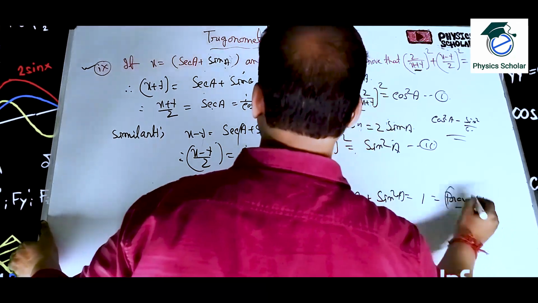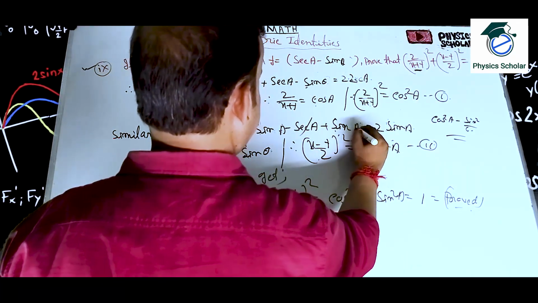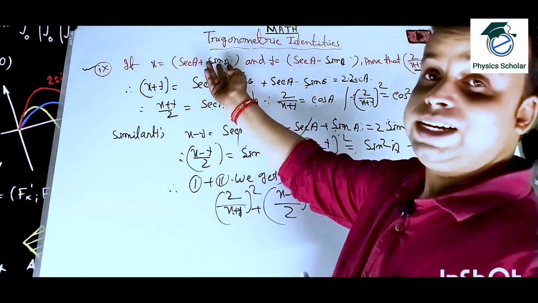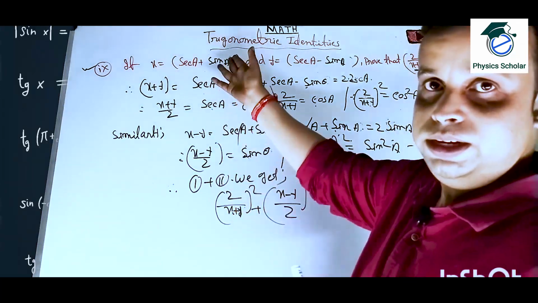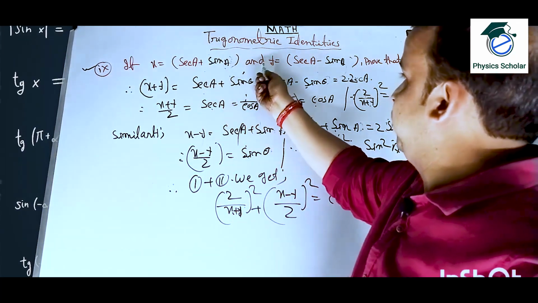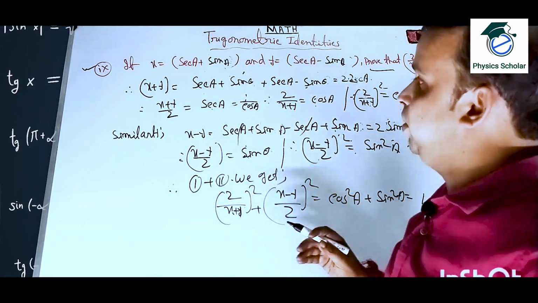So it is very easy sums. While copying on the board from the books, I made a mistake. I have written it tan theta. Clear? So it will be sin A. So what is the problem? Actually it was, see, x is equal to sec A plus sin A and y is equal to sec A minus sin A. We have to prove this is equal to this. Clear? Very common type of sum.